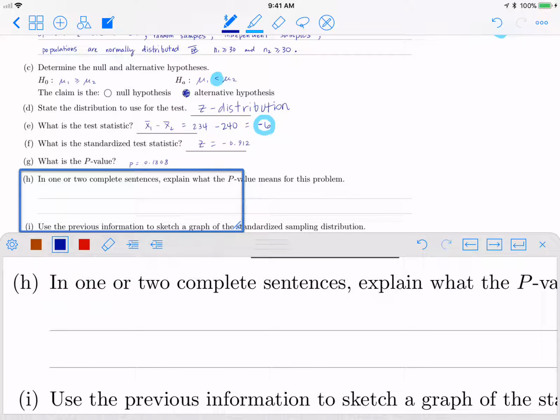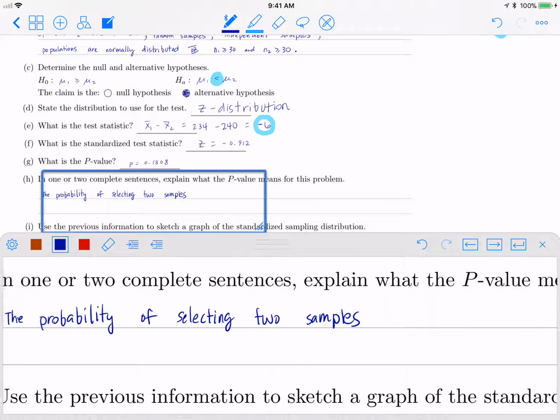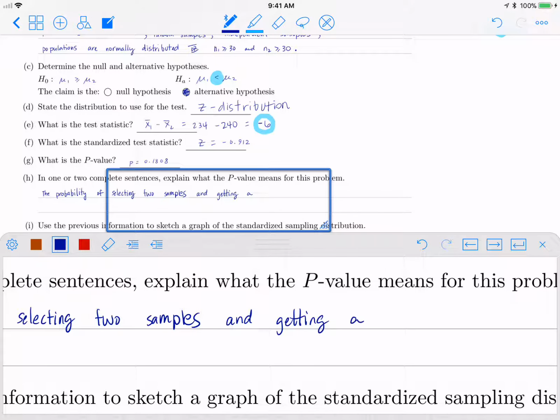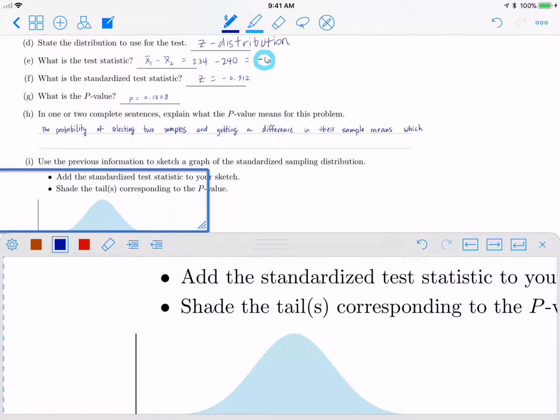Another part will be your p-value. So in one or two complete sentences, let's explain what the p-value means. What it means is the probability of selecting two samples, one in California and the other in Virginia, or one in Texas and the other in Virginia, surveying two samples, taking the average of the daily costs that the people spent, and getting a difference in their sample means which is as extreme or more extreme than -6